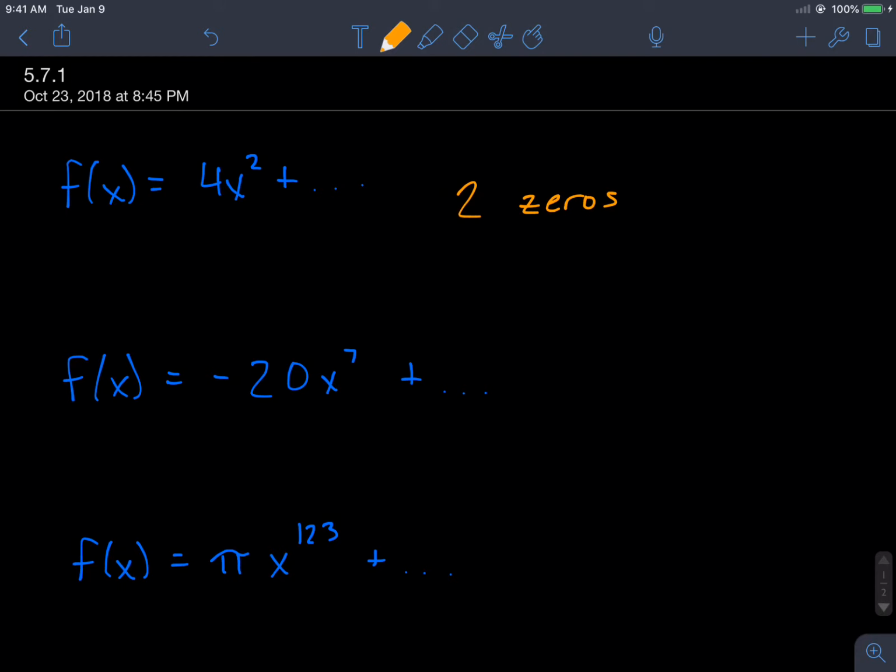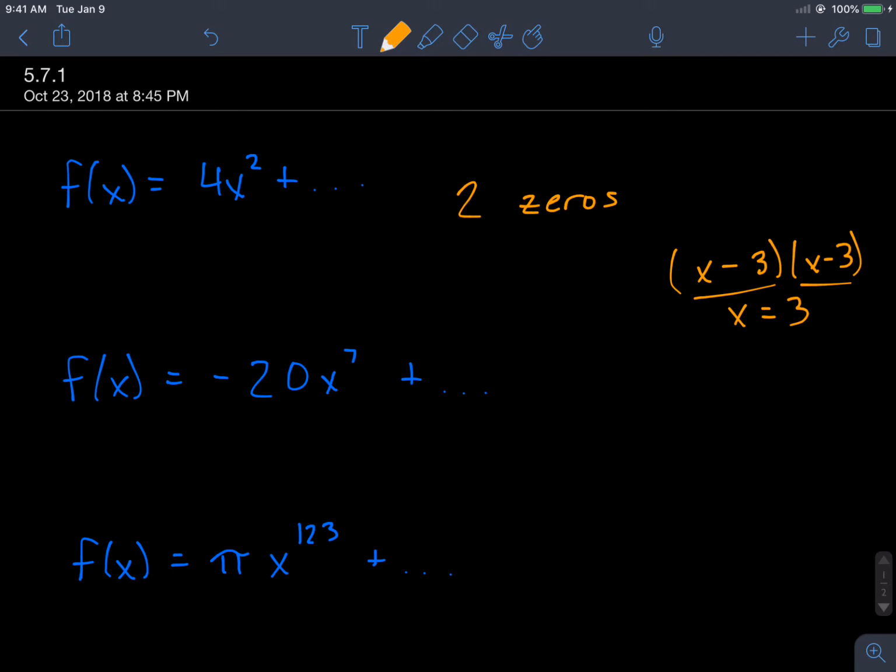And you might say, well, what about when we have, if it factors to x minus 3, x minus 3, then 3 is the only solution, or the only zero. We count a solution for as many times as it's repeated. So we had x minus 3 as a factor twice, so we count it as a solution twice. Okay. So you just look at the degree, and that tells you how many zeros